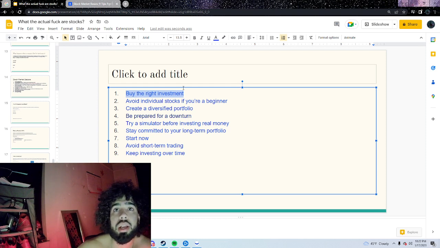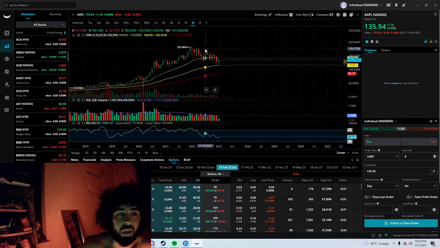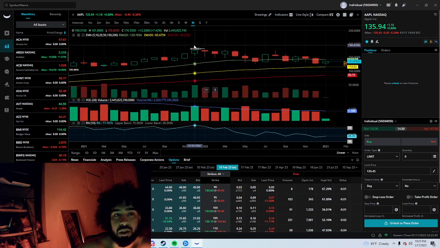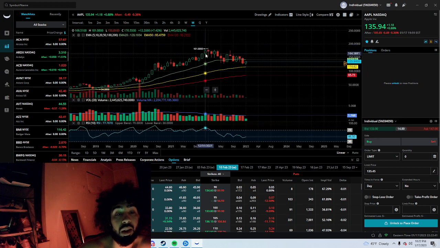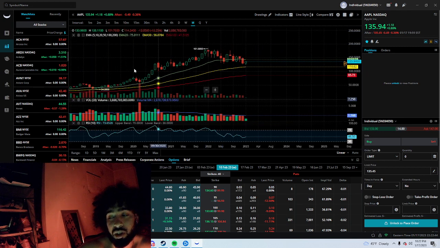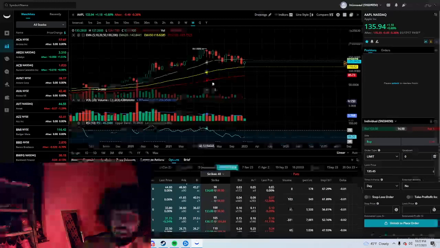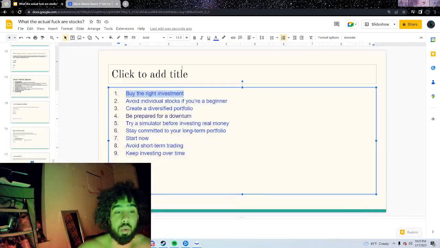One where you see crashes, like where the stock went from, so like Apple for example. Apple went from 181, this is the price up here. I'm gonna just zoom in a tad so you guys can see that. So Apple went from 181 last year in January, and now it's at 135. So it went down like $50, right? I could see that as an investment, just because in the longer term it would probably bounce. You buy it for 135 now, and then once it hits like 180, 190, 200, you could just sell, obviously.